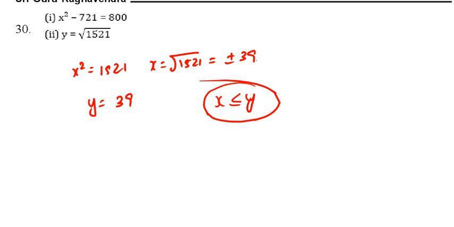In each question there are two equations, 1 and 2. You have to solve both the equations and then answer the question. So 4x plus 9y is equal to 35. 3x plus 7y is equal to 27. Now what we have to do? See here, this is 4x, this is 3x. I am making both 12x. That means I am multiplying the first equation with 3, second equation with 4.